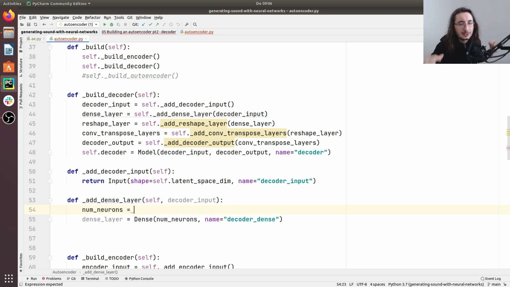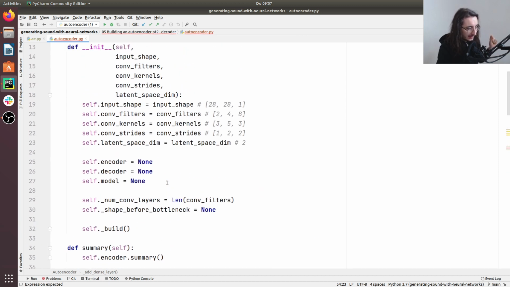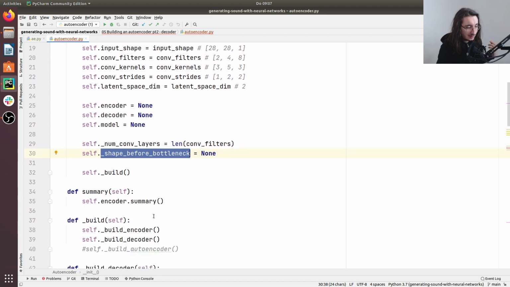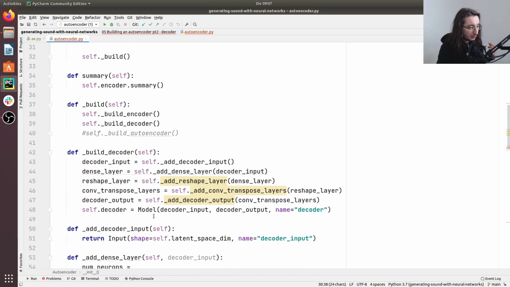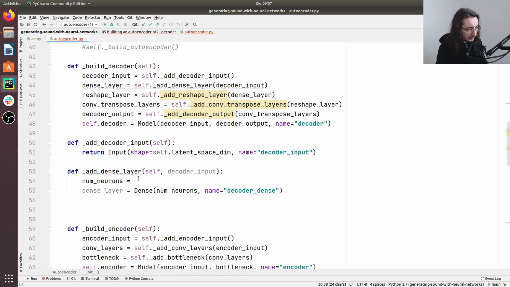Now, the basic idea here is that we want the same number of neurons as those that we had before the latent or the bottleneck in the encoder, when we flattened all the data that came out from the convolutional layers. So how can we get to that number? Well, that's why in the previous video we saved this information here, the shape before the bottleneck. You may remember this, right? And so what we should do here is basically do a